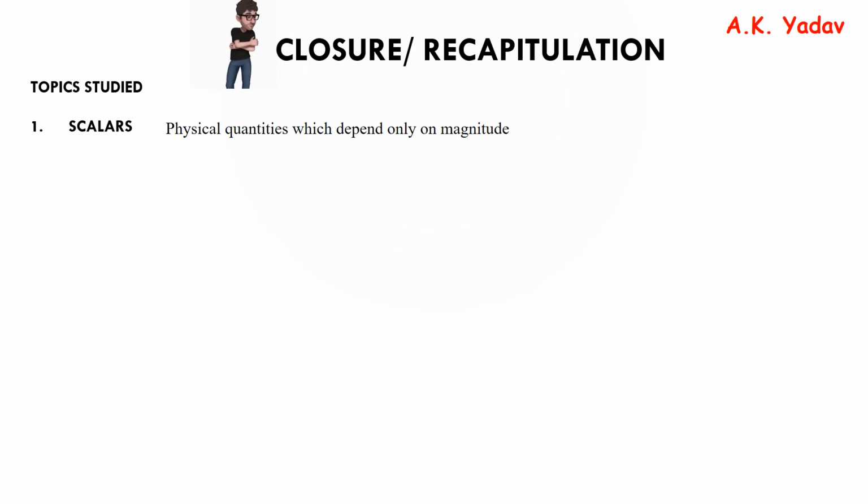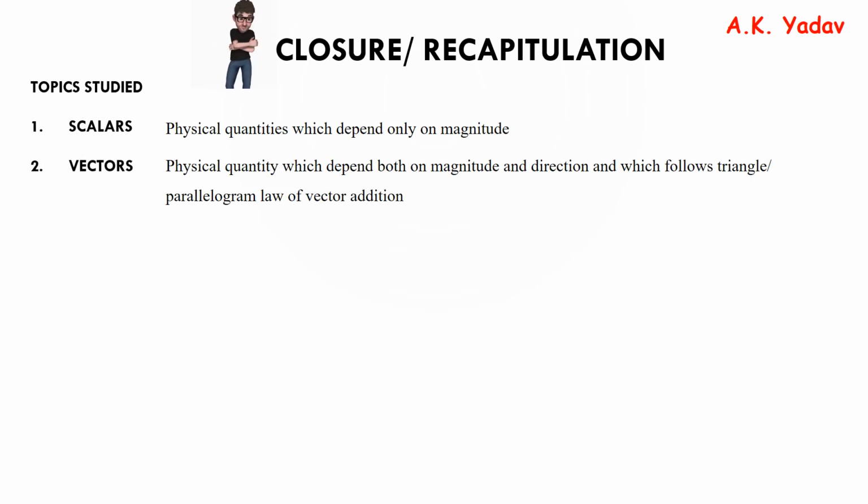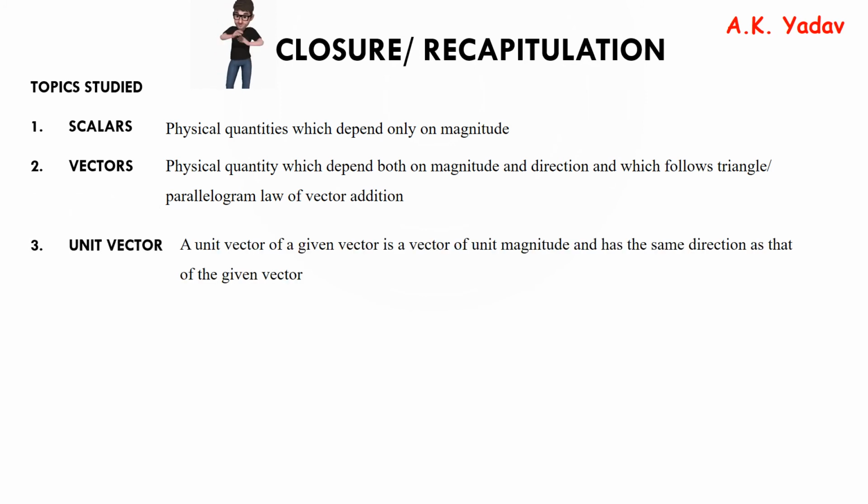Now is the time for recapitulation. So what we have studied: what are scalars? The physical quantities which depend only on magnitude. What are vectors? Physical quantities which depend both on magnitude and direction and which follow triangle or parallelogram law of vector addition. Unit vector: it is a vector of unit magnitude and has the same direction as that of the